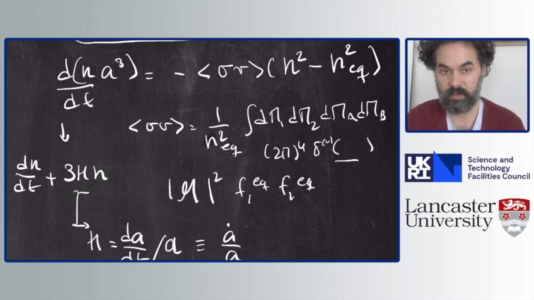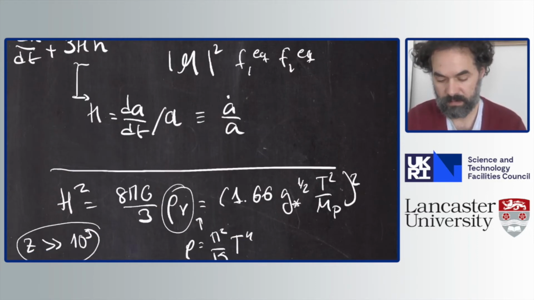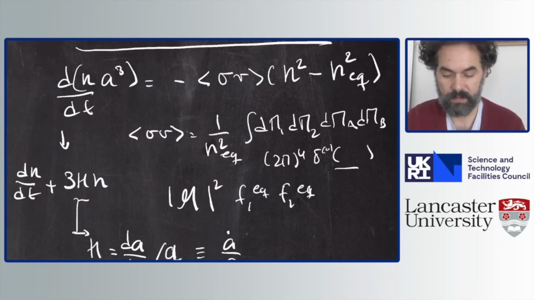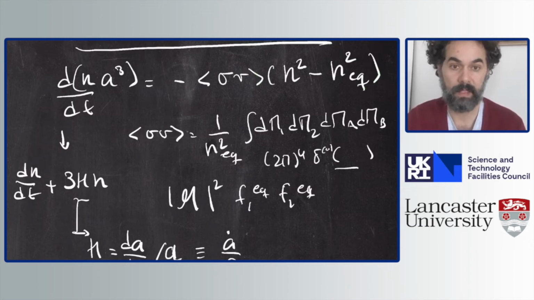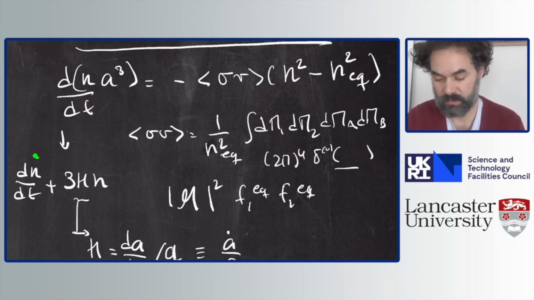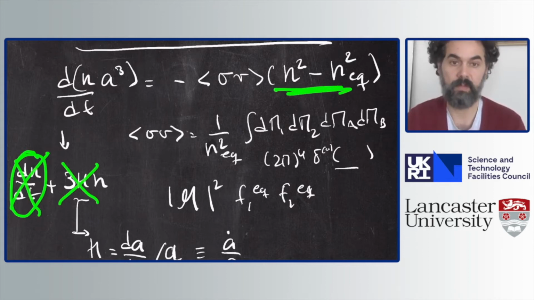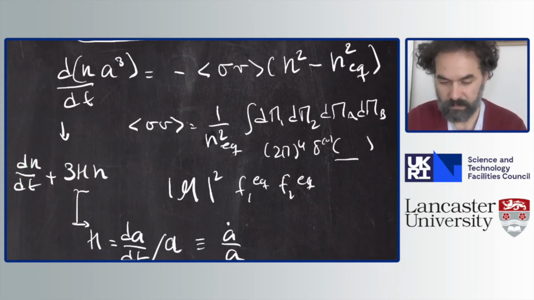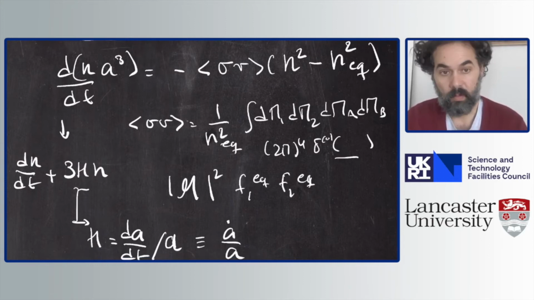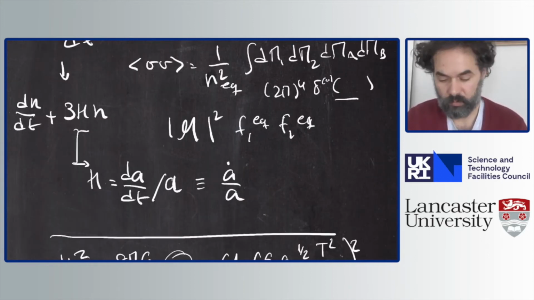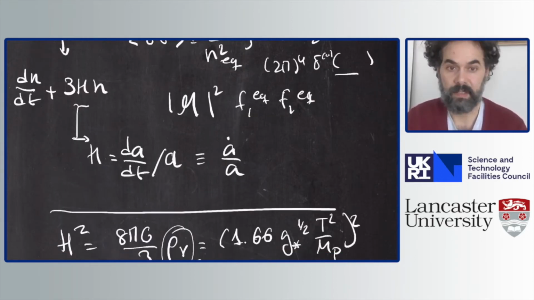If the rate of expansion is very small, then n equal to n equilibrium, being constant, is a solution, because n being constant solves this, you can ignore this, and this should be equal to 0. How do we know when this happens? We need to know what H is, and H